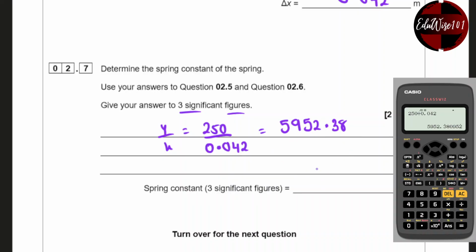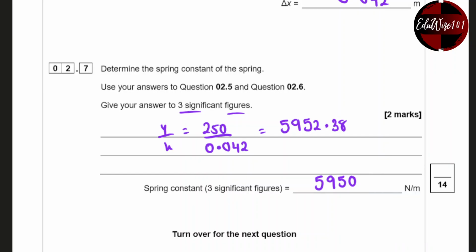And that in 3 significant figures will be 5,950. That brings us to the end of question number 2, and I will see you in question number